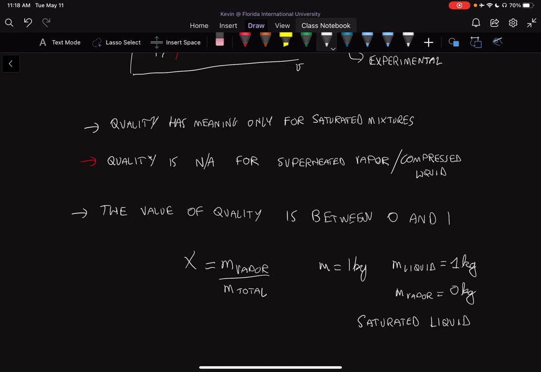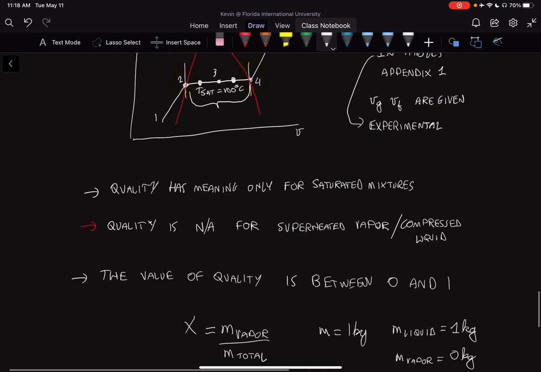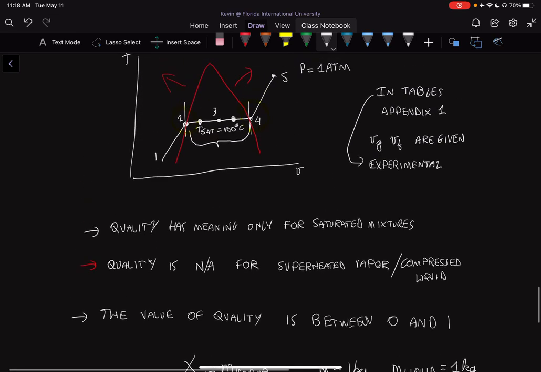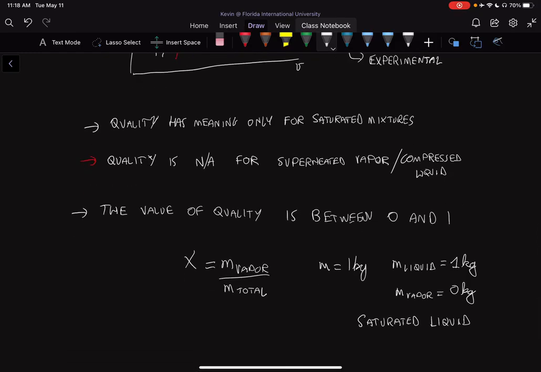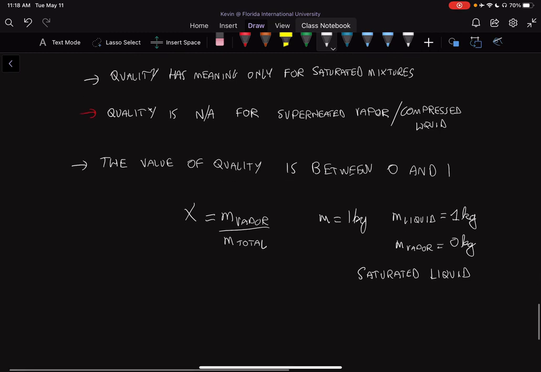In our diagram, that would be point 2. We just reached saturation temperature, and we still have 100% liquid, 0% vapor, therefore it's 0 over 1, therefore x